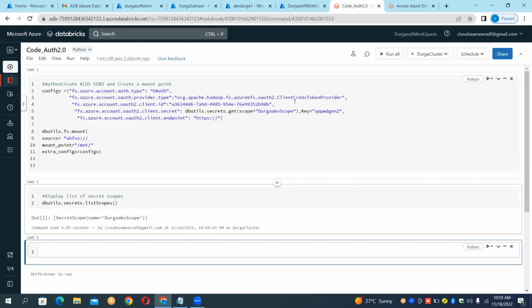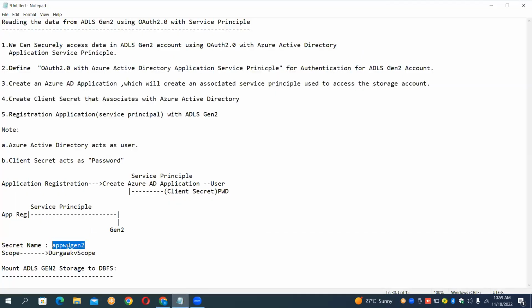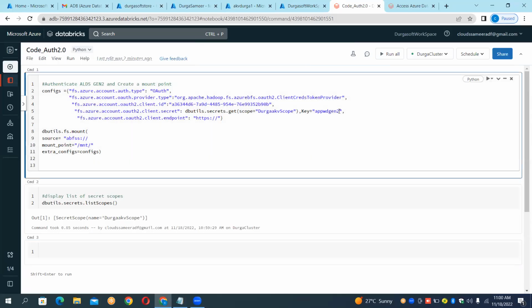So the key name I have already given now. Can you see it? This is the key name. I copied it for reference purposes and just pasted it there. This is nothing but the secret created in the Azure Key Vault. Okay. Now,